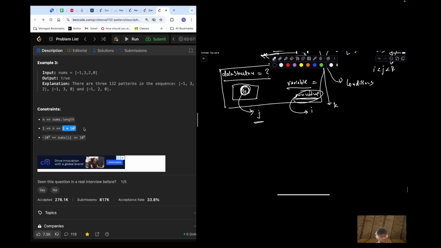So I can say that if my current value is less than what is in my data structure, that is my array of j value, that is, whatever is stored in this data structure, and it's also greater than the minimum,